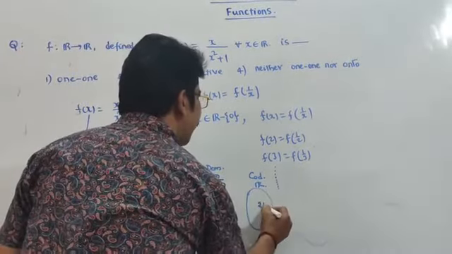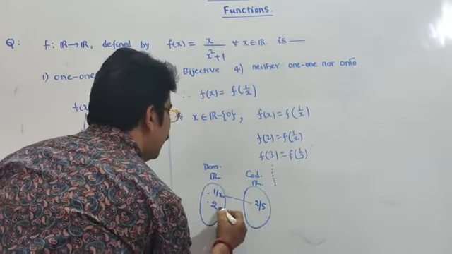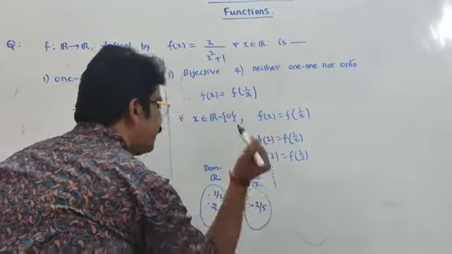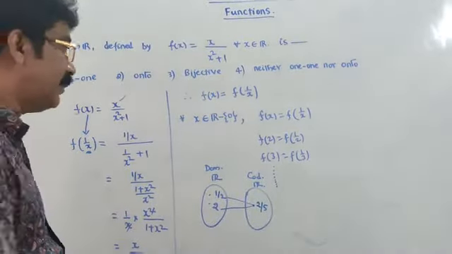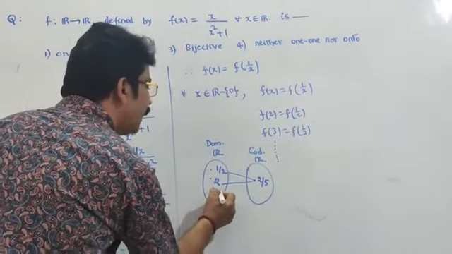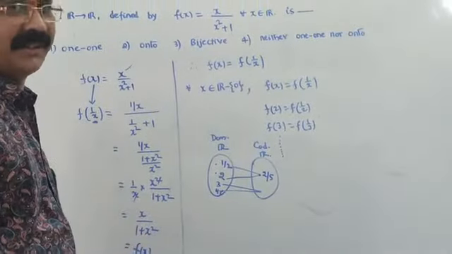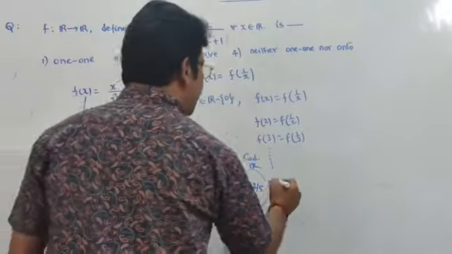In R, 1 by 2 is mapped with 2 by 5 and 2 is also mapped with 2 by 5. Similarly, 3 and 1 by 3 are both mapped with the same element in the codomain. Therefore, thus